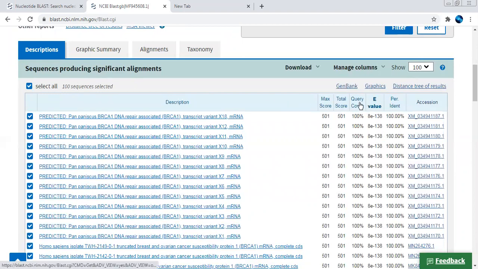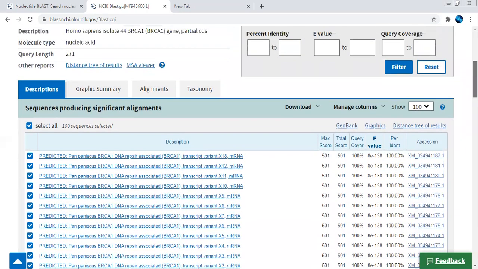Here you can find how much of the query has been covered, the total score and the maximum score, and the e value. Based on that they have also calculated the percentage of identity with those particular sequences, and based on that the scores have been given, and they have given the top 100 sequences which have been aligned.